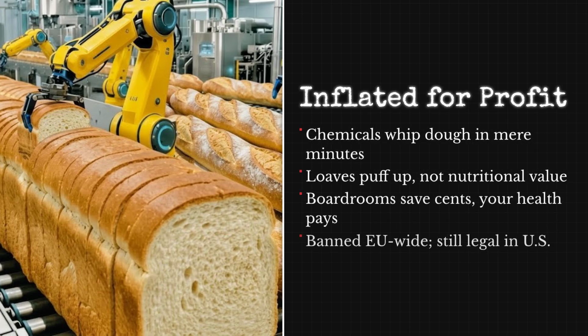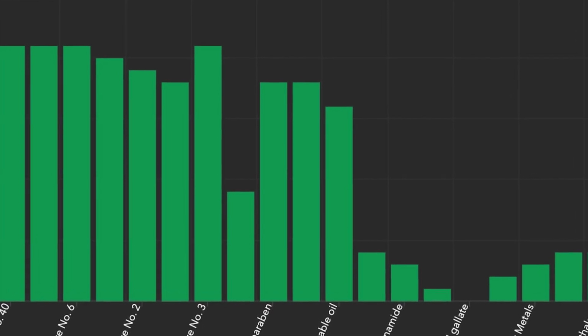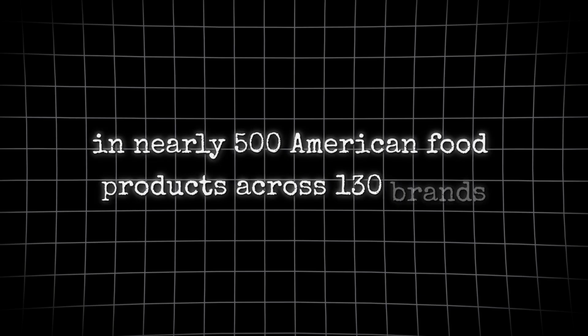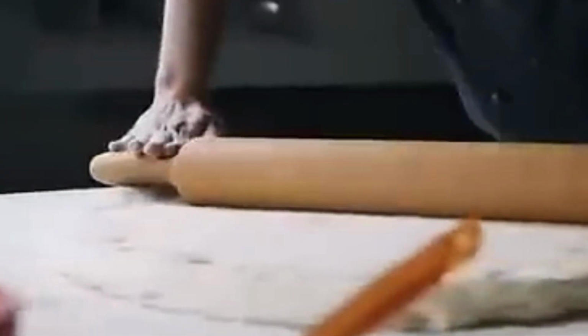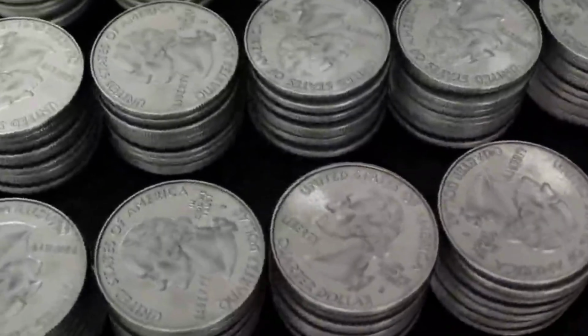Faster production, bigger-looking loaves, lower cost per unit. The Environmental Working Group, EWG, found azodicarbonamide in nearly 500 American food products across 130 brands. Sara Lee. Wonder Bread, Pillsbury, McDonald's, Starbucks. These companies know it is banned in Europe. They use it anyway because it saves them pennies per loaf, and those pennies multiply across millions of units per